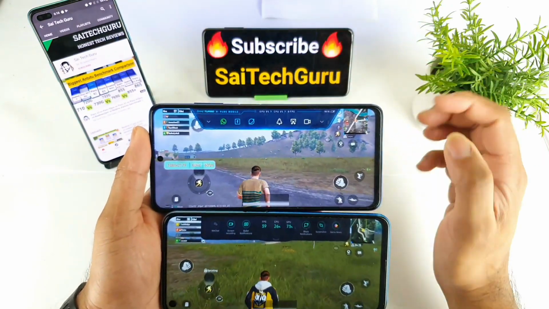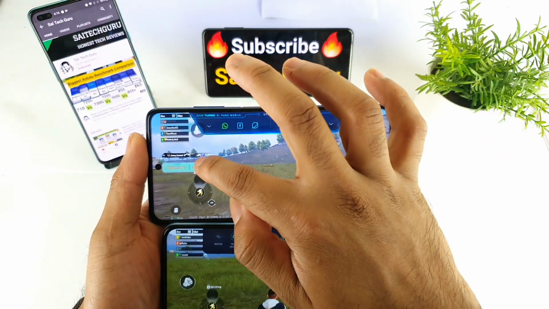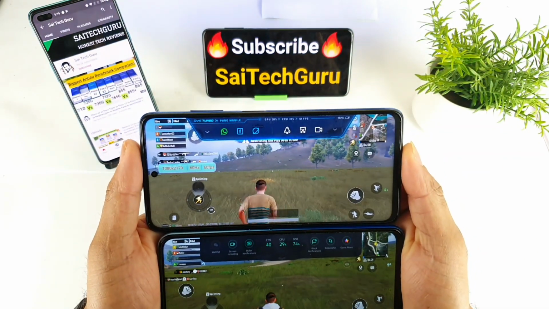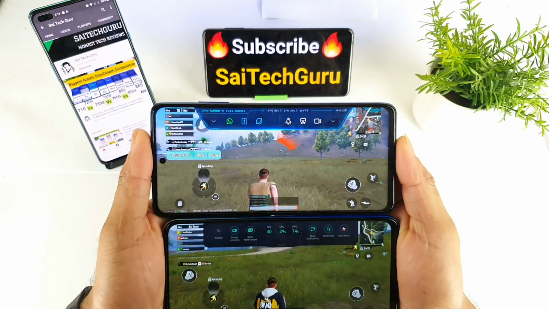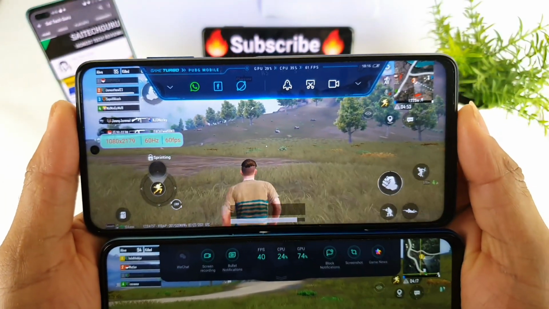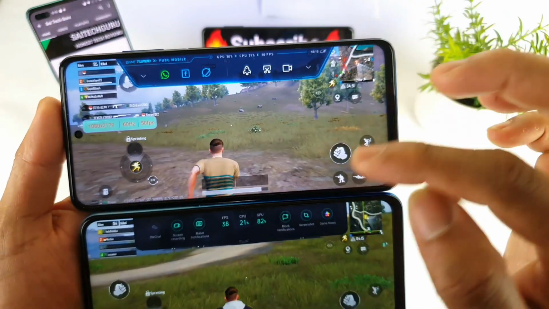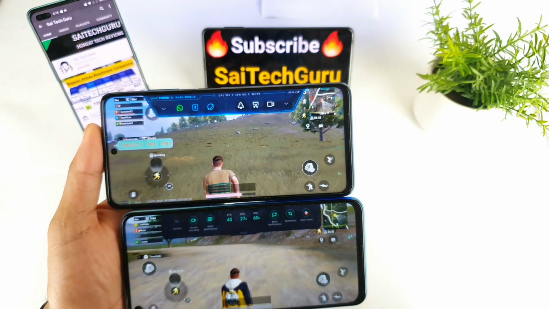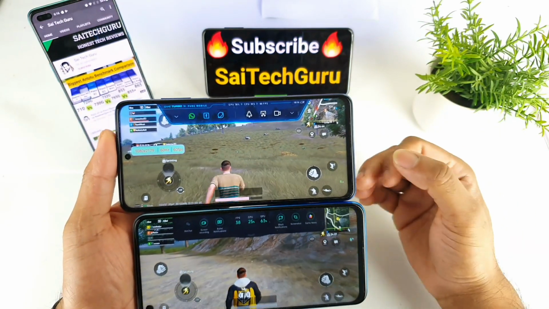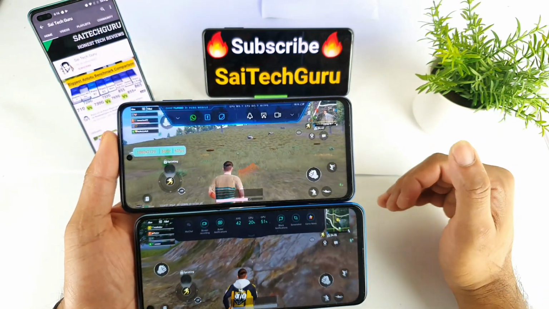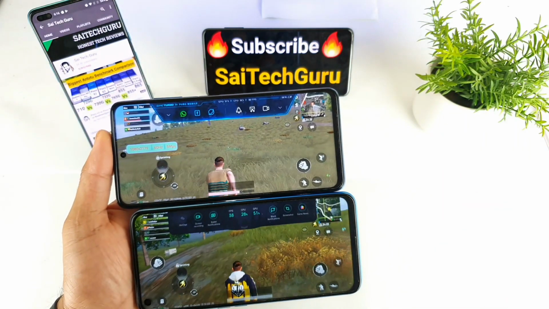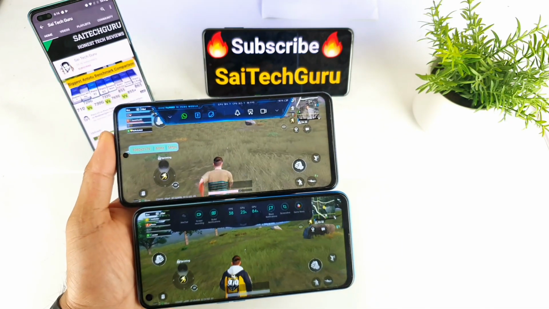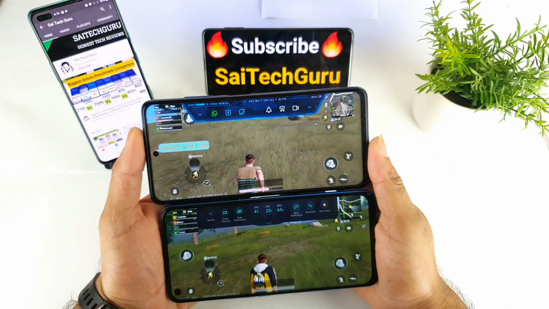So let me quickly show you the two scenarios where you can track the real-time FPS count. As you can see here, 60 FPS is consistently maintained in this Poco X3, and in the Realme Narzo 30 Pro, you're getting only 38 FPS. You can clearly see the difference. So this is what I'm talking about, friends. Obviously, the Poco X3 is a clear winner. It doesn't matter if you use the smooth and ultra settings, you are still able to get that kind of performance in this phone. That's a really good advantage in the Poco X3 device.